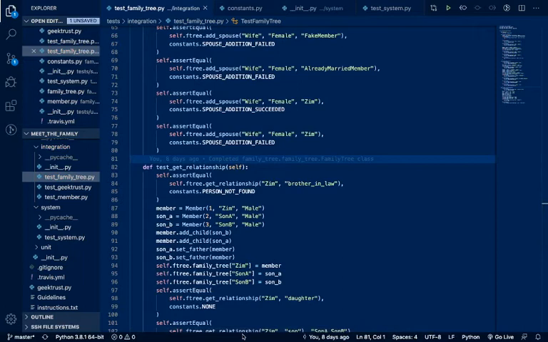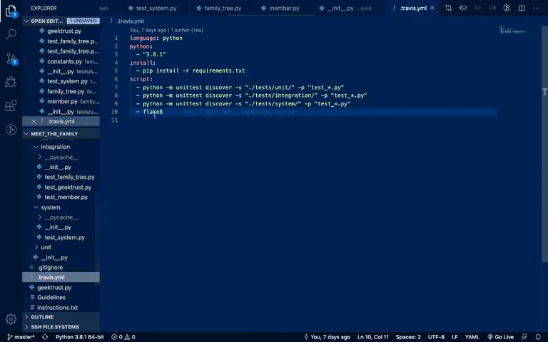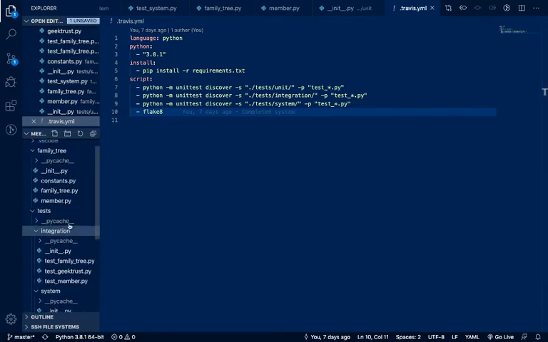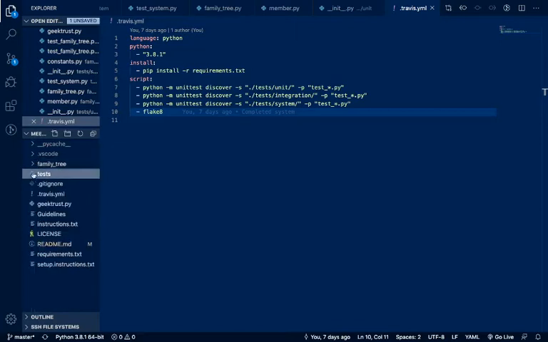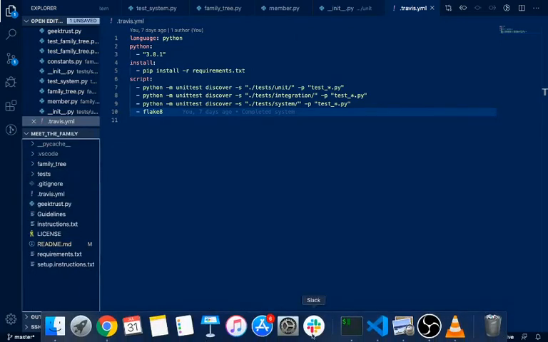Yep. So that's how linting works, and in the end I want you to have a flake8 command as well. So when you type in python -m unittest all this in your terminal, just add flake8 as well and hit enter. You'll get a flake8 analysis of your code, as in where there are too many blank lines or all that. So it's just formatting of your code, right? So this is your new Travis YAML file as well. With that, these are all the changes that you need to make, and you have successfully set up the whole code base, and you can finally push into GitHub.